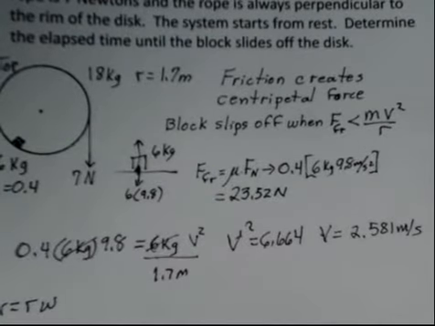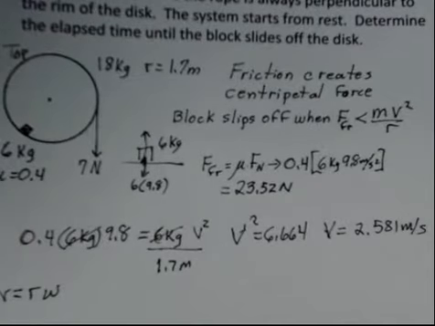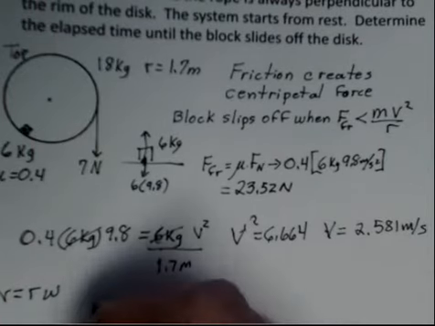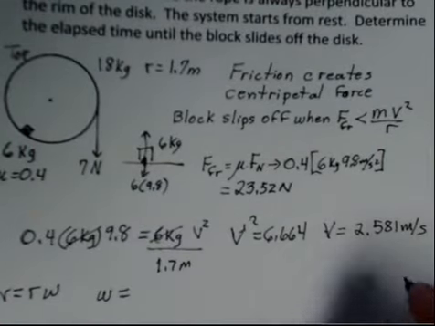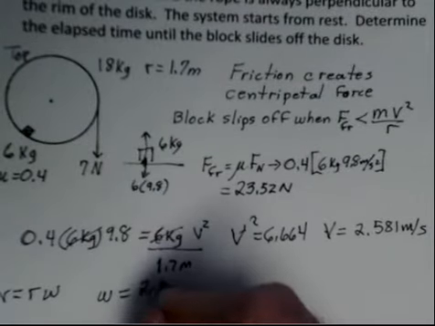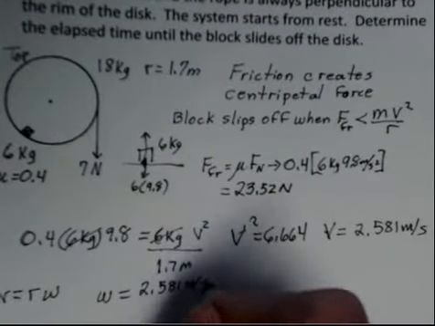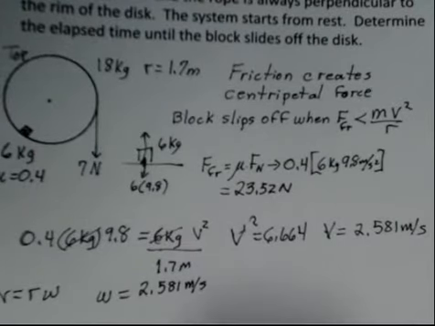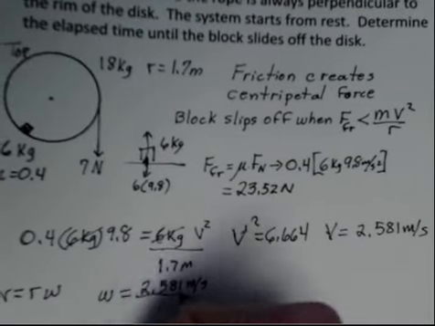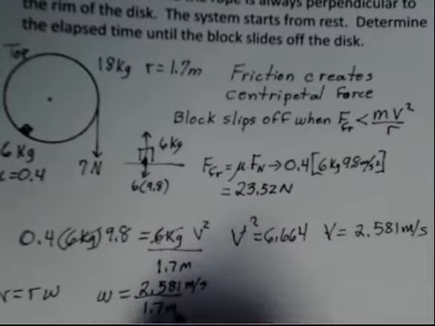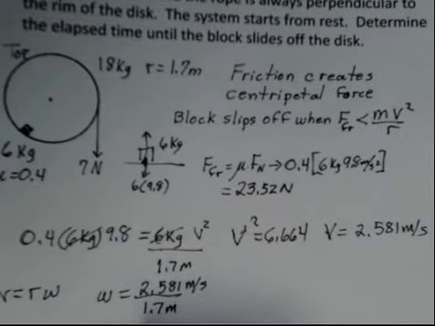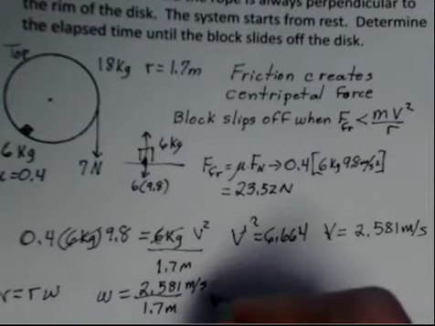We have the linear speed, 2.581, where this block will break free, and we know the radius, since we're out at the edge of the disk, is 1.7 meters. So we can calculate omega. I'll round off later. I tend to keep extra digits as I work so I don't create round off error. Dividing by the radius